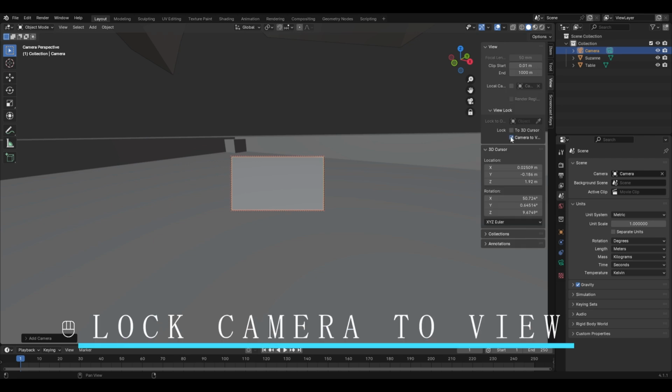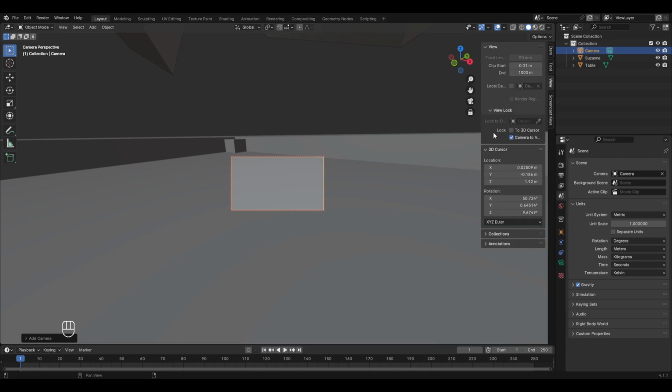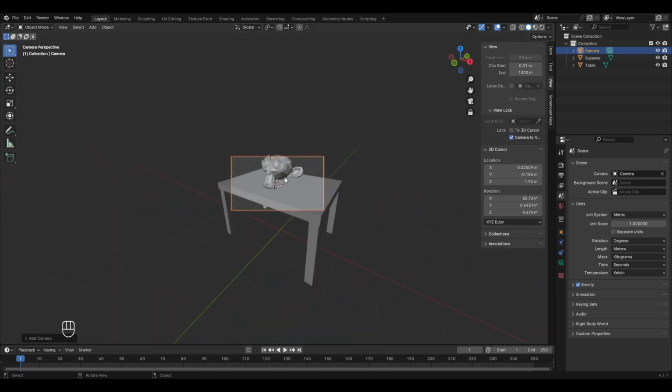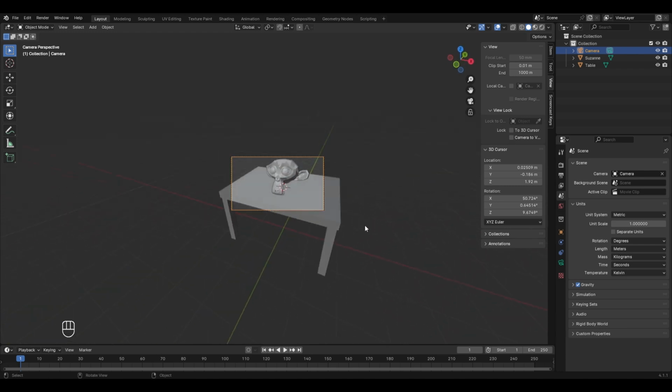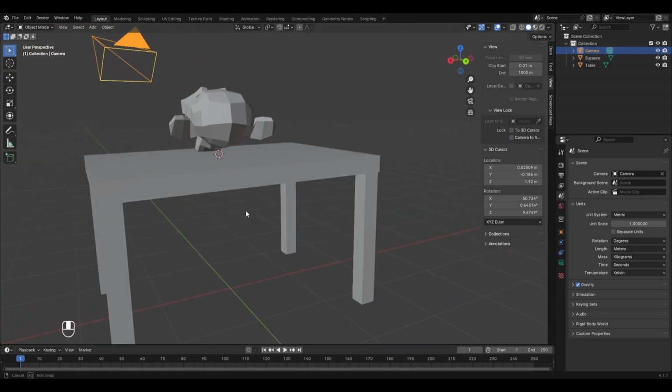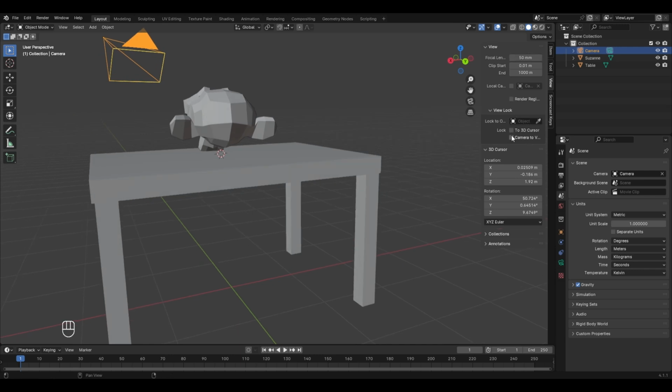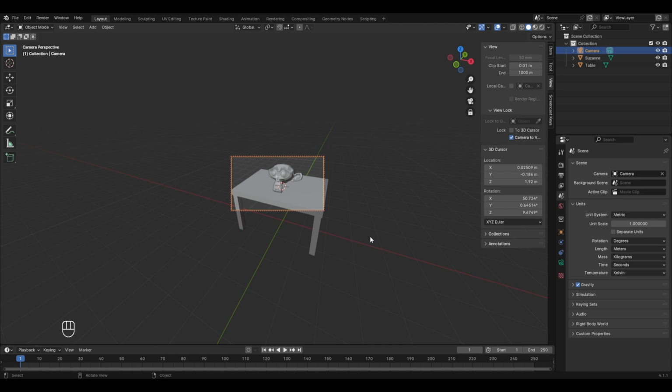It basically allows you to do view navigation within the camera view, meaning that if you scroll down, then you will zoom out in the camera view as well. And similarly, if you press your middle mouse button and navigate, then your camera will also move. But if this option is disabled, then if you try to navigate, the camera would remain still. So it's important to turn this on if you want to navigate with your camera view. And now I'll scroll down so that the entire table is visible